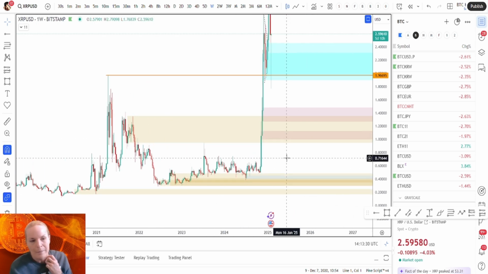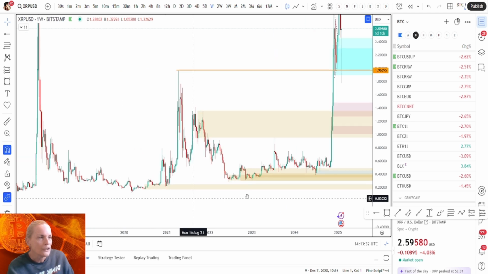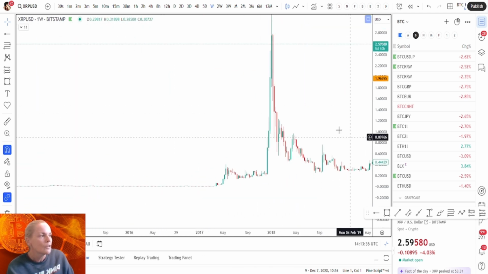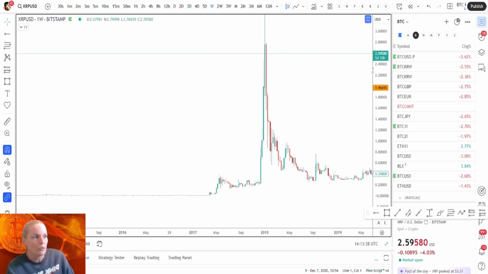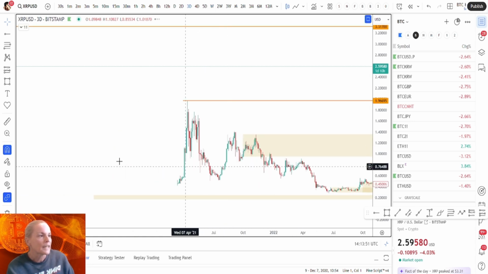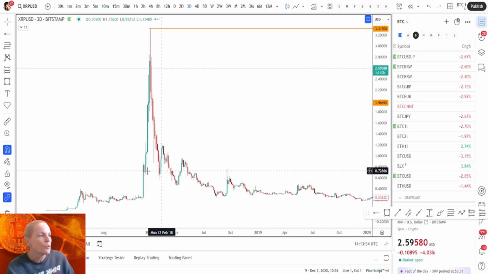Obviously with meme coins, which look more like this, and very possibly won't go back up again like Ripple, then obviously you're running a much higher risk if you just put random entries in this zone, even if it's a monthly zone. But again, it can be done. I'm showing it on Ripple, but